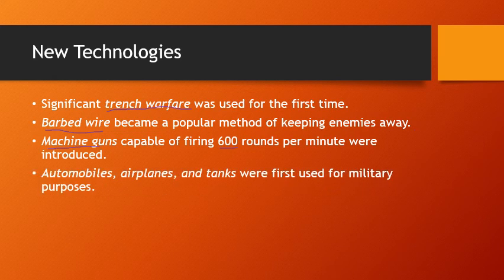We see planes, automobiles, tanks, and motorcycles used for the first time for military purposes in World War One. We see automobiles used to transport, usually generals or other important people, from place to place. They introduced the motorcycle in World War One as an alternative to the horse. The horse had always been used in war for thousands of years. Now you have these motorcycles that can't be shot and killed. They can be an effective way to get around from one place to another.